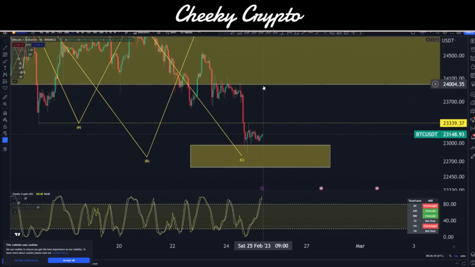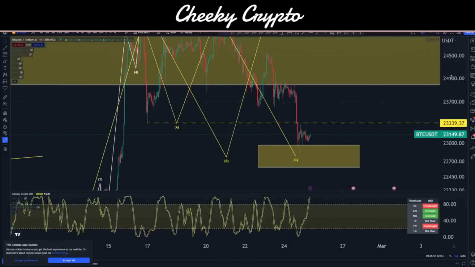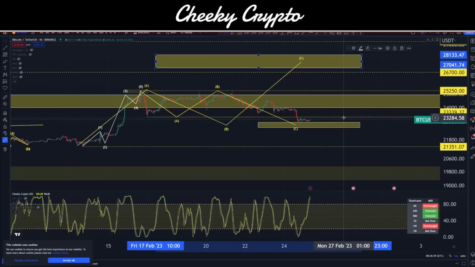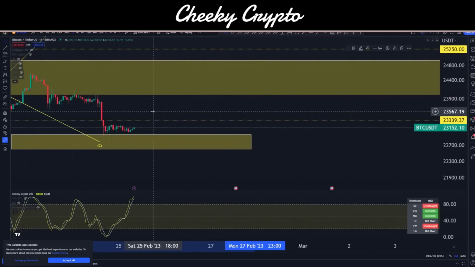Okay, so what we want to do here is ascertain what that target is. What number does Bitcoin have to hit under a specific structure in order to confirm that we are in fact going down in this trend structure rather than just a corrective short-term move to the downside? And if we are to go down in a trend-based structure, then it would call into question whether we will have this high of 27.28k. Okay, so let's go ahead and take a look at this.